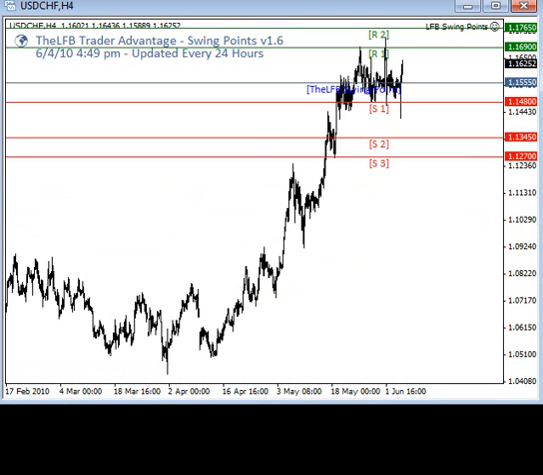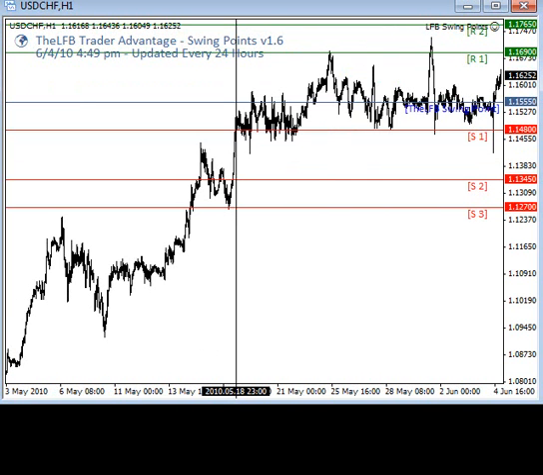The Swissy is the one pair that has shown quite a bit of confusion over the past several weeks, as it has struggled to really go anywhere. The 1-hour chart really highlights this very well. As you can see, from May 18th to today, it has stayed within a fairly tight range with a few large spikes. The pair has opened above the neutral swing point, which suggests that there is an initial long bias, which does go in line with the 4-hour trend. So until you see a breakout of it going above R2 or below S2, the pair is really not worth